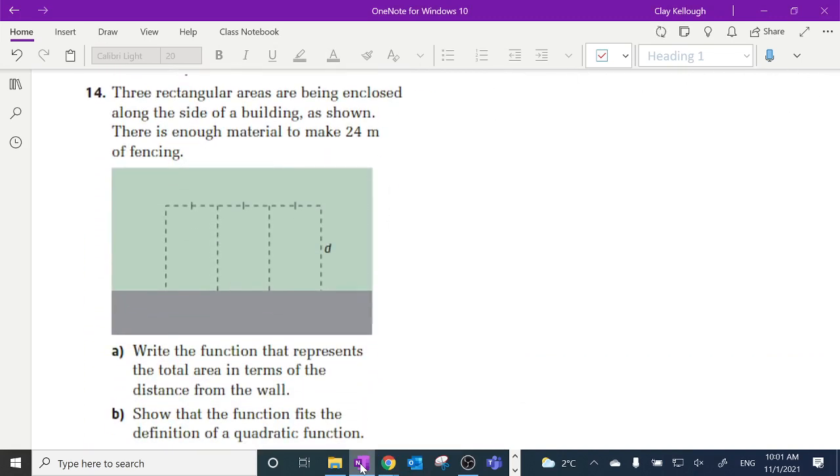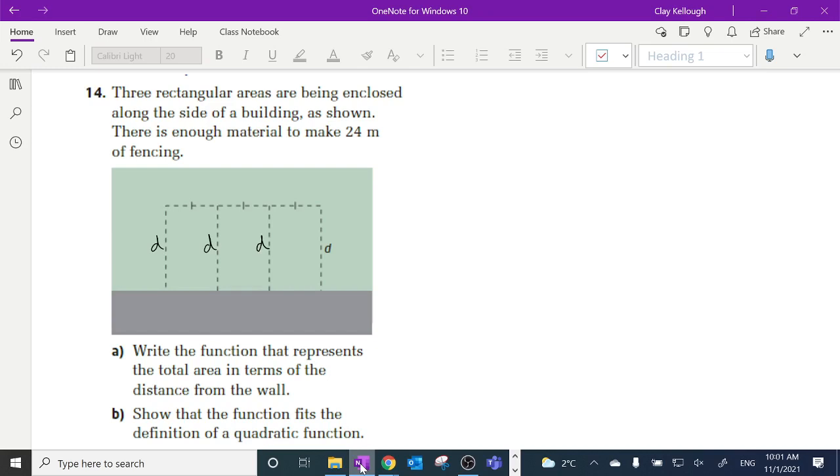3 rectangular areas are being enclosed along the side of a building as shown. There is enough material to make 24 meters of fencing. We've seen ones kind of like this before. So if I'm making an enclosure, obviously there's a wall here, so there's the side of a building, so I don't need to put fence there because the building is the fence. But if this thing's rectangular, then D is how long all of these sides are. There's 4 lines that are D units long,